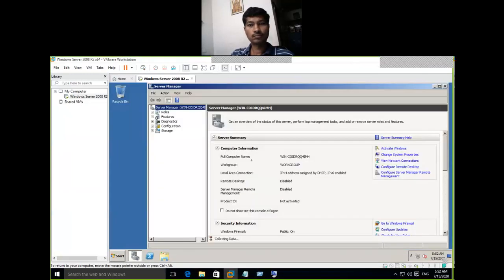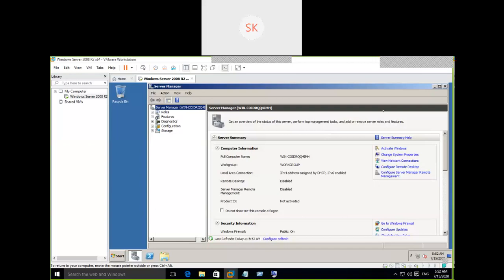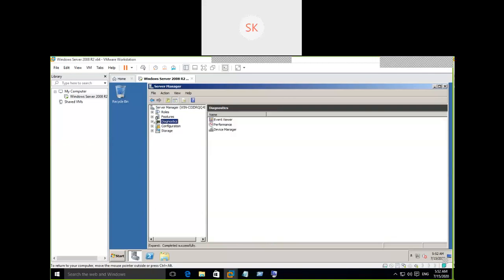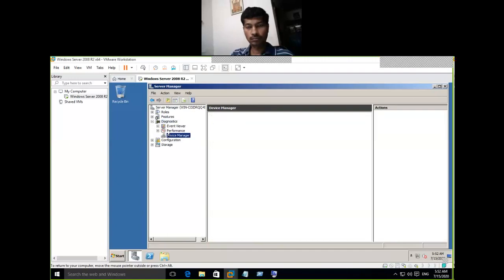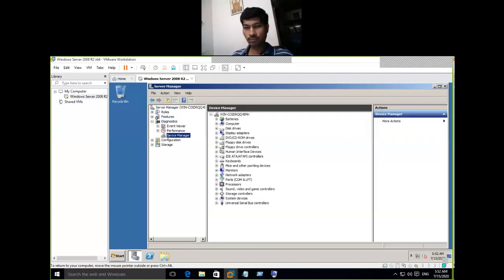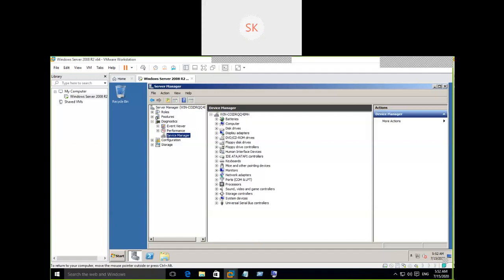How to find out? Go to Server Manager. On this screen, under diagnostics, Device Manager will be available. Select Device Manager. Here you can see what components are available on this system.